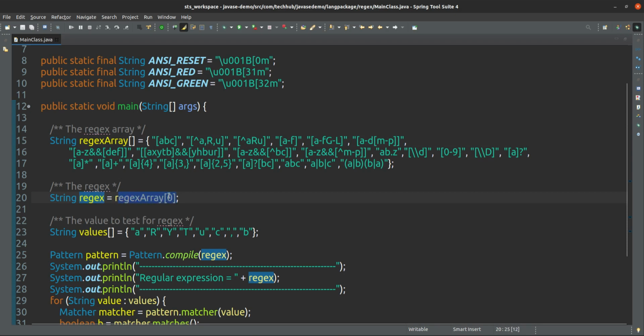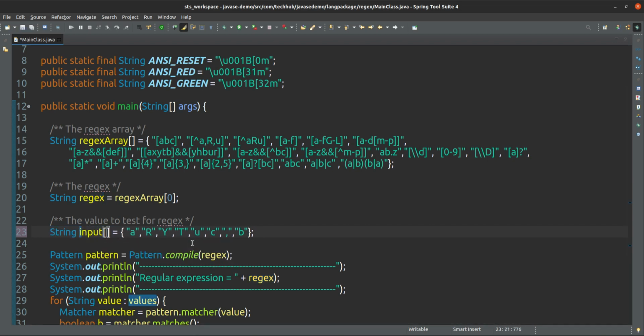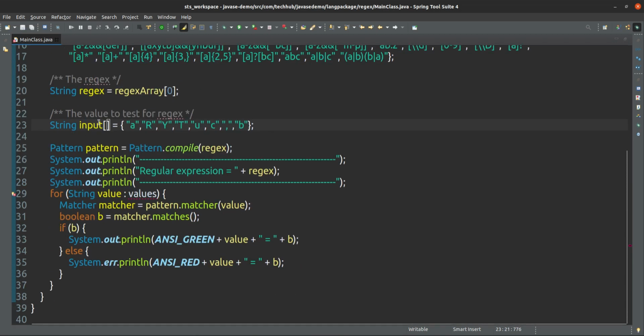That means the first index, so I am using this regular expression now. And here is the input, the input values. It is up to our choice what name we want to give.